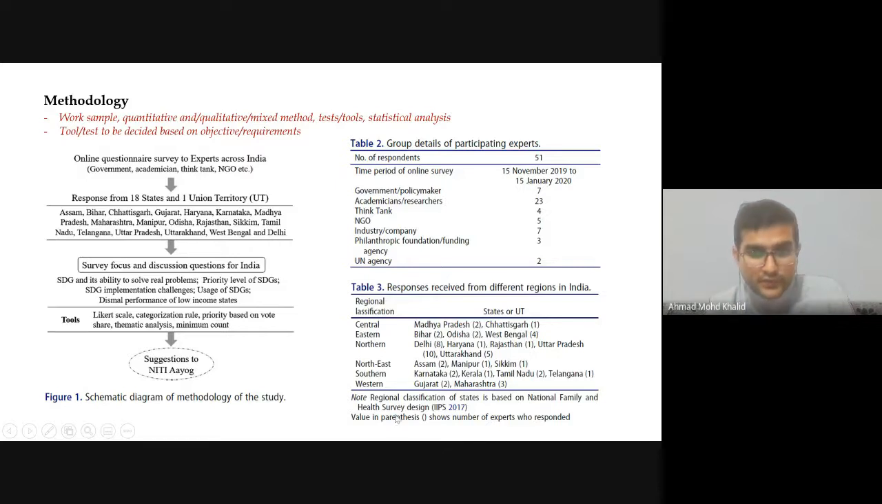And the author also writes in the note that for the regional classification of the states, I have used the National Family and Health Survey design. So this is how you give insights into your methodology part. What tool you are using, what technique you're using, who your target audience is, how you're approaching that, how many people you're talking to. For example, in case of a survey,